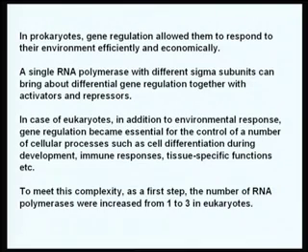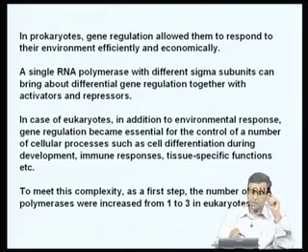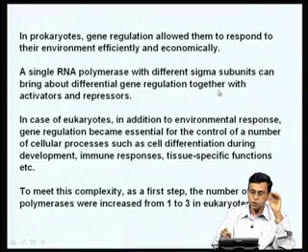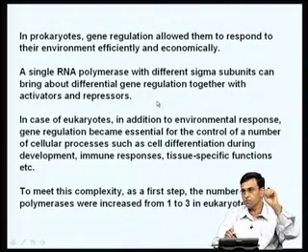Now, what I told you so far is that in prokaryotes, gene regulation allowed them to respond to their environment efficiently and economically. Either the genes can be grouped in the form of operons, as I told in the beginning, or there are variations in the -35 and -10 sequences recognized by the sigma factor, and using these variations different genes can be transcribed by using different sigma factors. This is how differential gene regulation is brought about in bacteria. There are other variations which we will not dwell on at this time. So in E. coli, a single RNA polymerase with the help of different sigma subunits can bring about differential gene regulation together with specific activators or repressors in the case of operons.